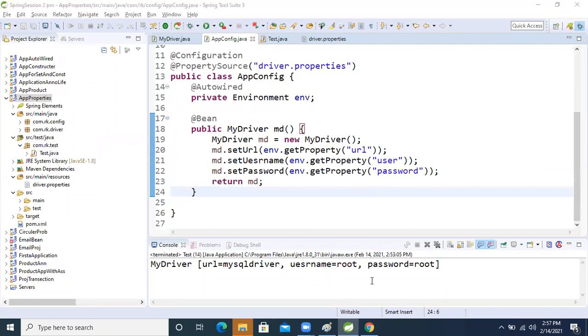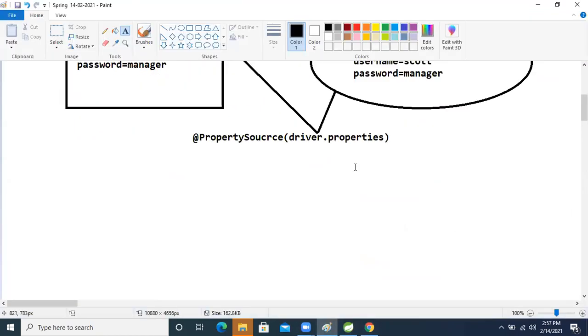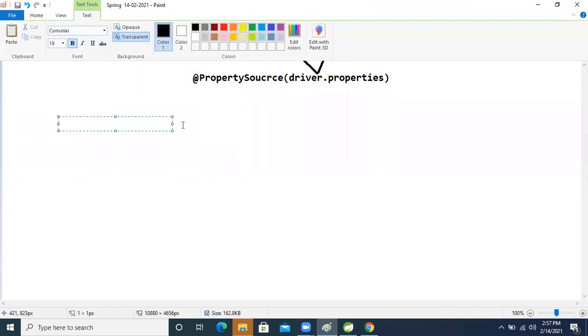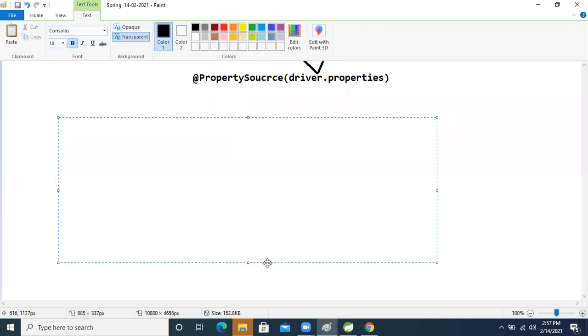We know that Spring is a modular framework. On the initial day I also explained module to module. So based on the stereotype, our Spring container will create the object by seeing that annotation. Our Spring container will detect that class and create that object. For that purpose, first let's see